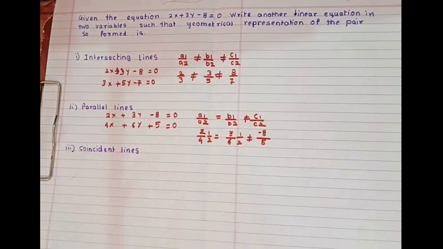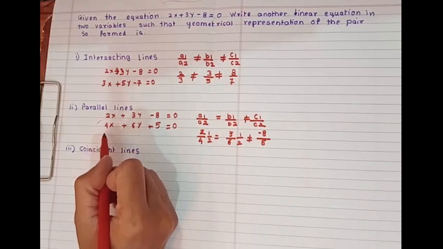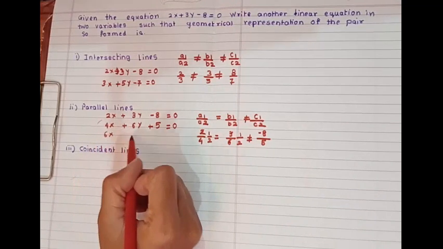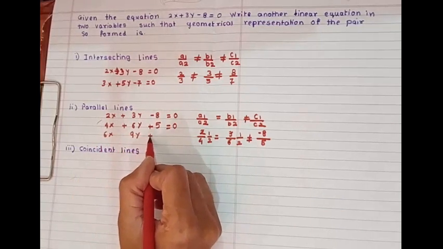Take any number, you can take any number. I can multiply 2 by 3, so I can get here 2 3s are 6x, 3 3s are 9y, and the constant may be any number plus 1.